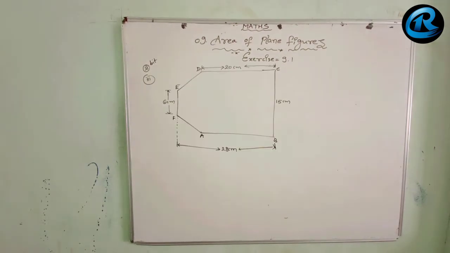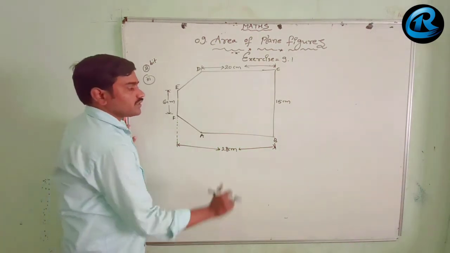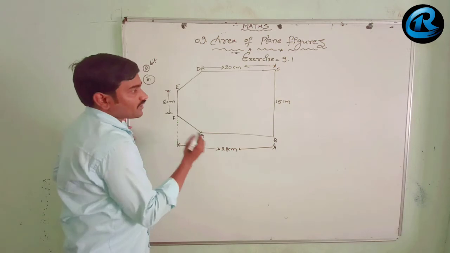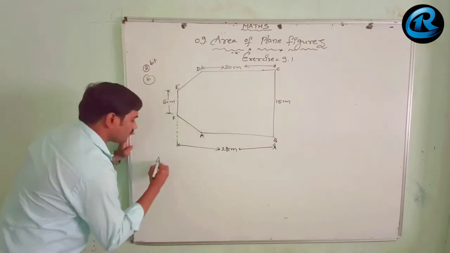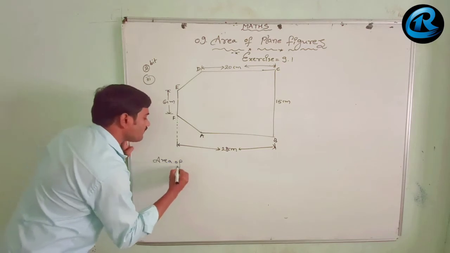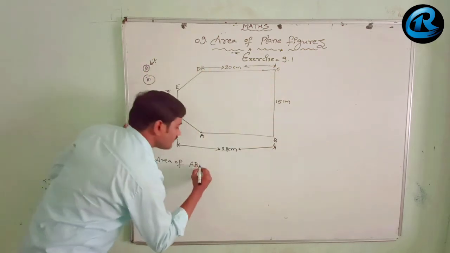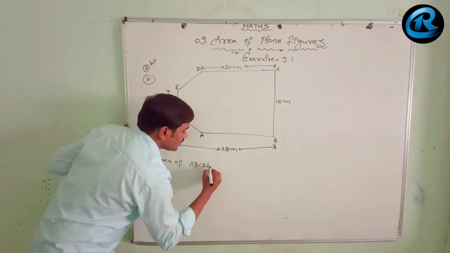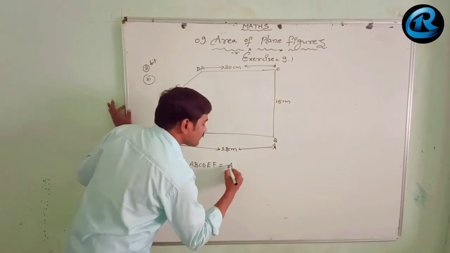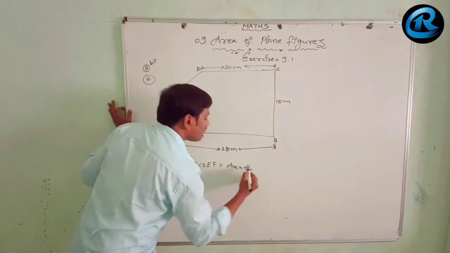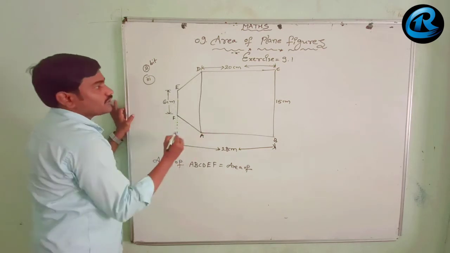Now this is the third question in the second bit. Already we have drawn it here. Let us see how we can find it from the known figures. We don't know the formula for this figure. Let us find the area of this ABCDEF. We cannot find it completely, so let us divide it like this. Once you draw like this, you will get two known figures.